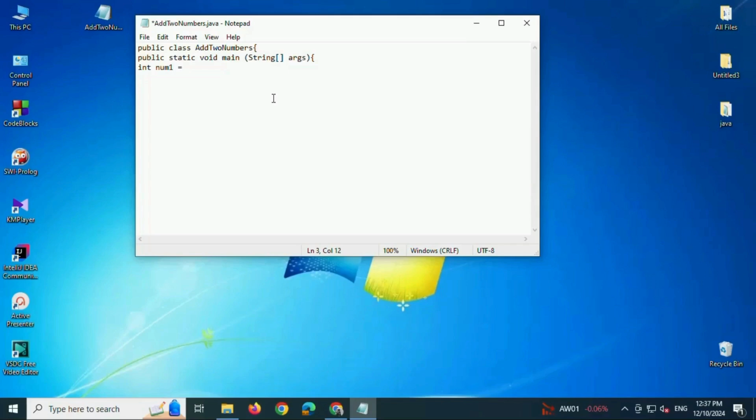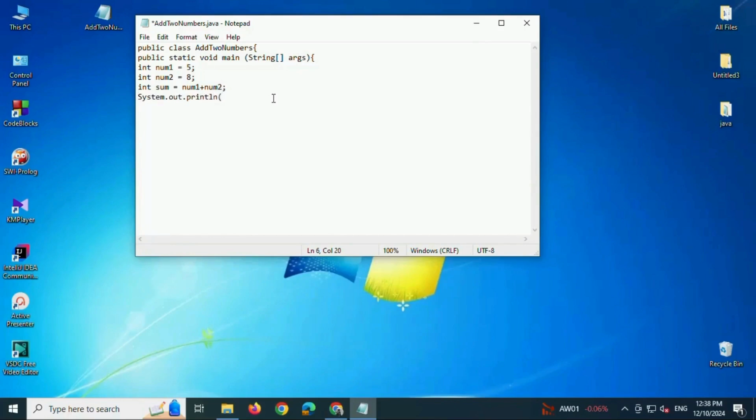So I'm declaring and assigning values to two variables called num1 and num2, assigning values 5 for num1 and 8 for num2. Then again, you should have a place to store the sum of these values. Therefore, again, we have to declare a variable called sum of integer type and then set it equal to the total of num1 plus num2. Finally, we print the result to the console